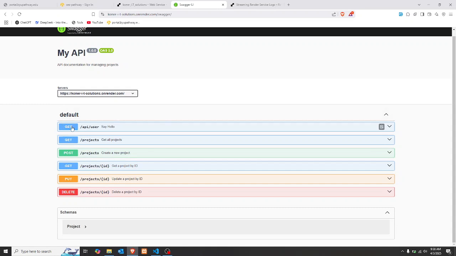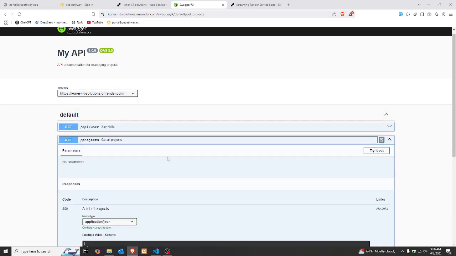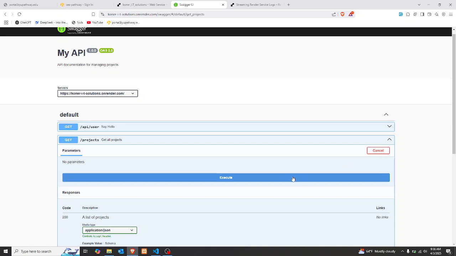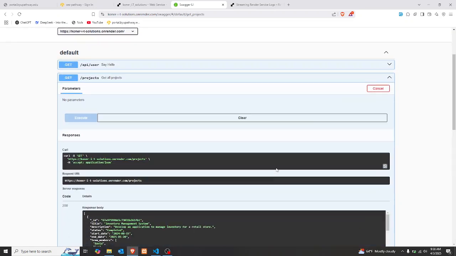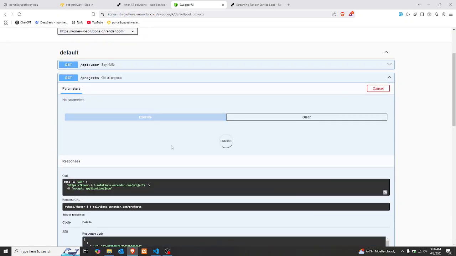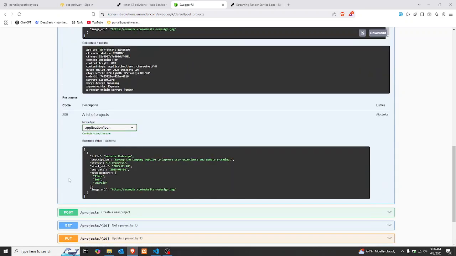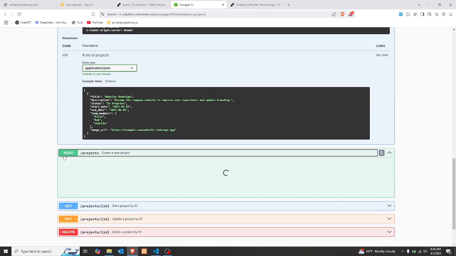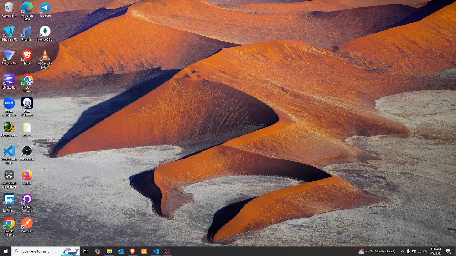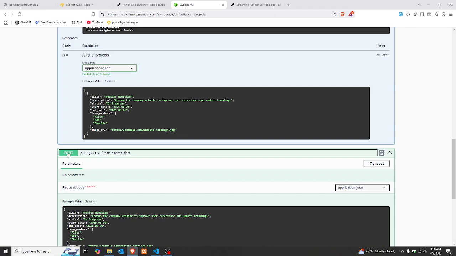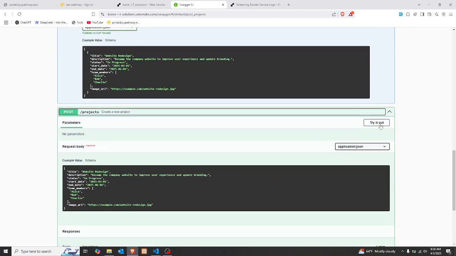So I'll test this out, try it out. And here are the members of the project. Going to the second one, I think I should open my MongoDB Compass meanwhile. All right, if you try it out,